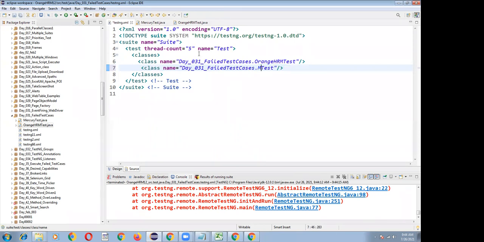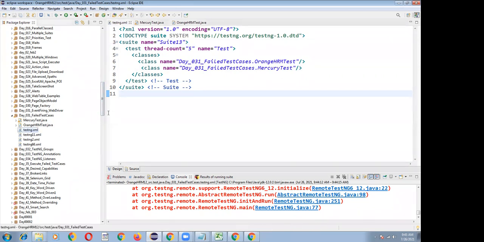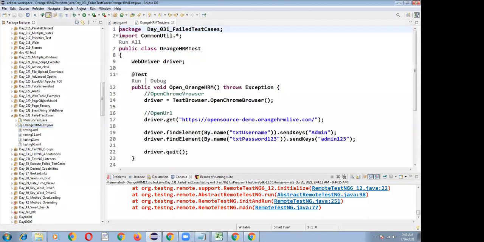Mercury test, and I'm giving suite13, and saving my program. I'm going to execute my program. First of all, let me check my RNG-HRM test. This will fail, and the other test will pass. Let me execute my test.